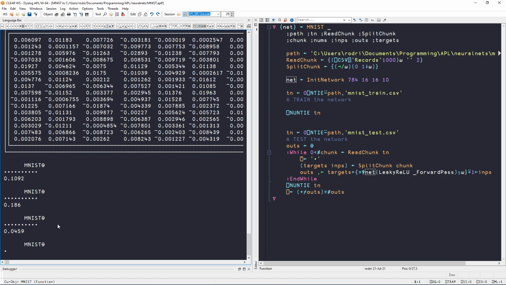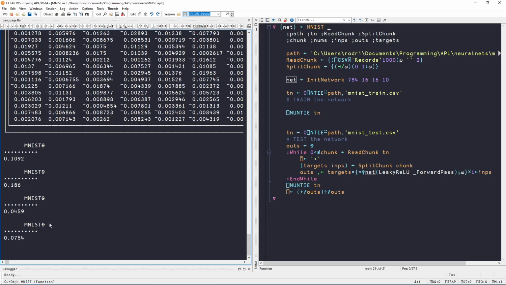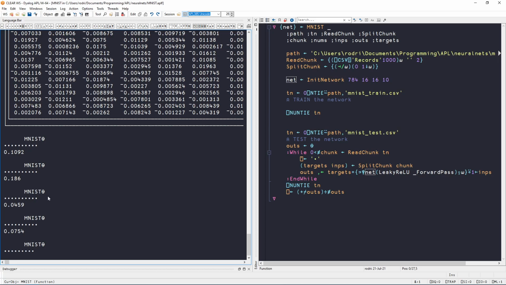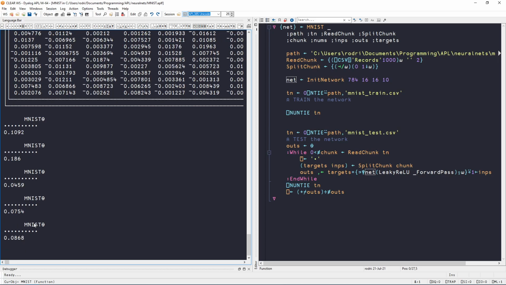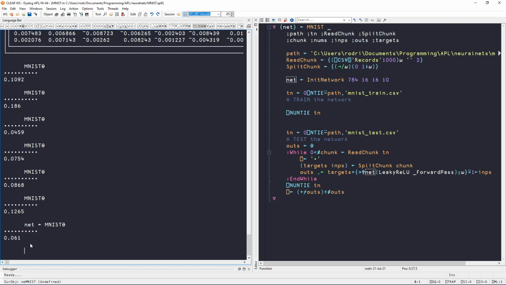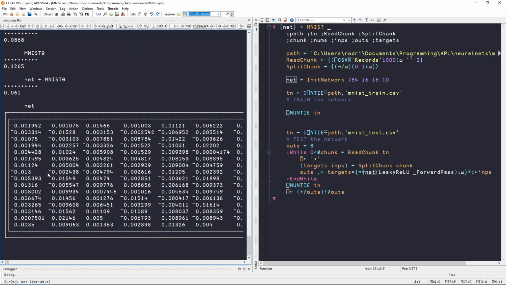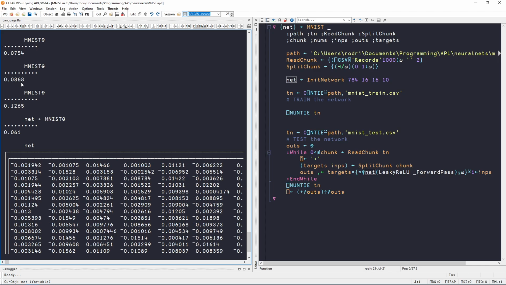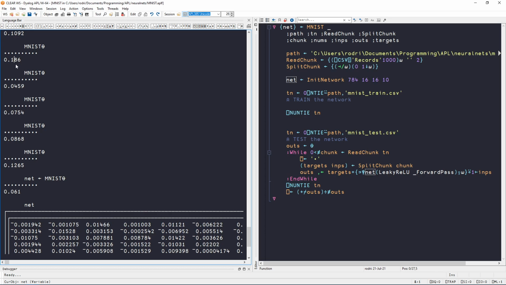Now running a bunch of these experiments shows that the accuracy is fluctuating around 10% roughly. And by the way, you can get the result if you want to, so the network is there. These experiments show the accuracy fluctuating around 10%, and that's expected because